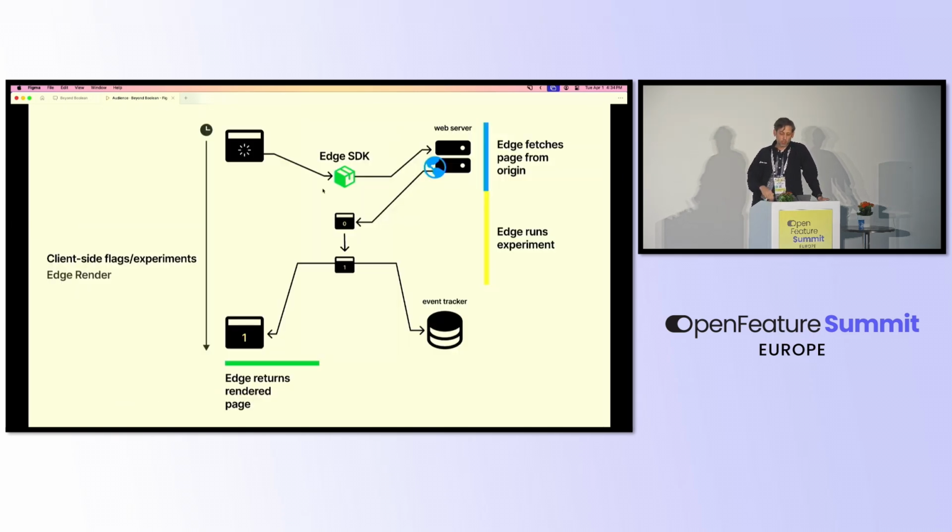And this is where the edge comes in. So this is how our edge SDK works. The client there in the top left pings the edge. The edge fetches the page from the origin, and then instead of giving back the default state of things, everything is rendered right on the edge, and the client then gets back the